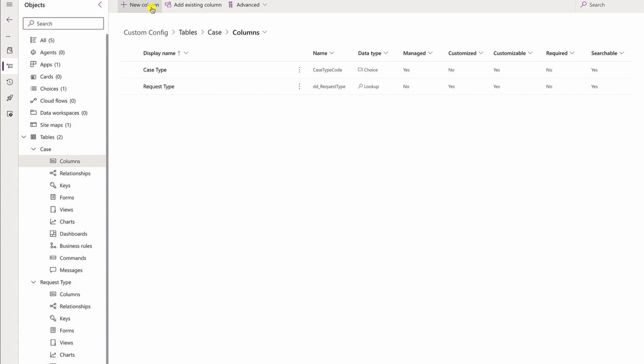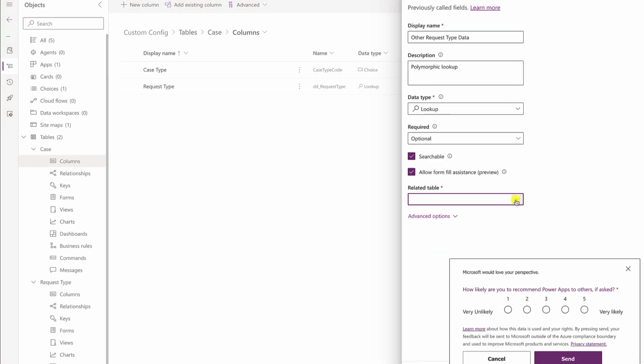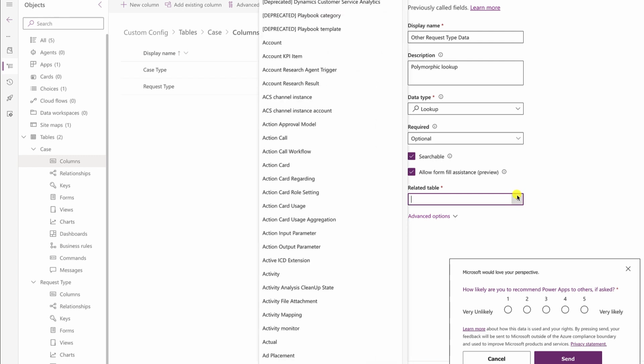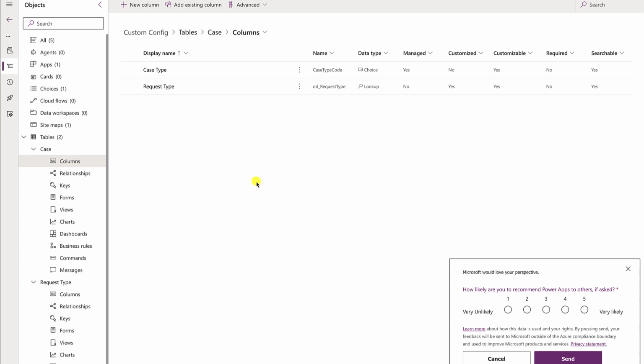You'll also need to create a lookup which is the actual polymorphic lookup field. Okay, so at this point we've actually reached a bit of an issue. I don't have the multiple tables that I want to connect into here. So I need to create those first. So let's say we're going to create 3 tables, and they're going to represent the roads, waste and graffiti additional data. So let's just go back and do that. And then I'll show you how we turn that lookup field into a polymorphic lookup.